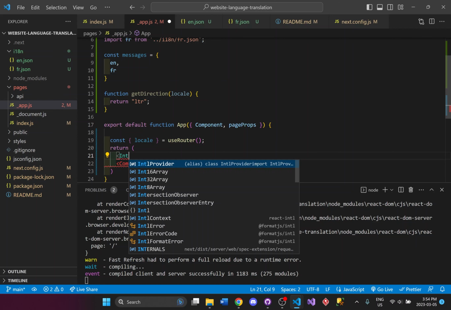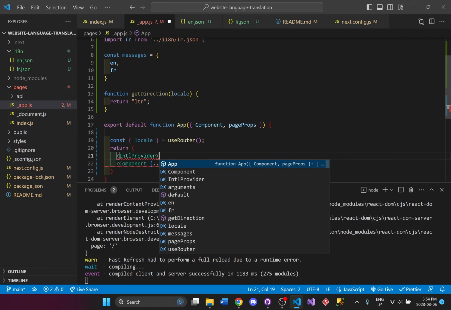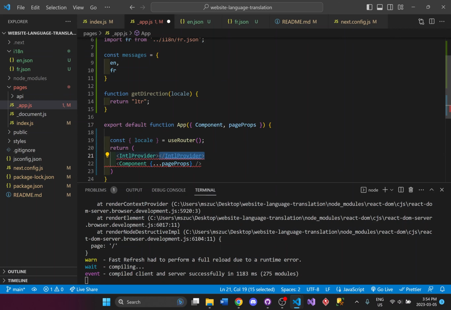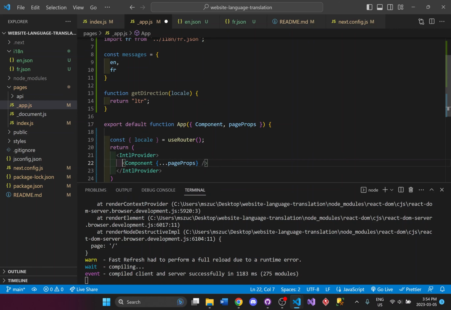That's why we got the errors, because we need to use this tag right here in order to specify that we are using a language translator for the entire component. And we're going to use the locale. So messages is equal to messages locale, messages locale.